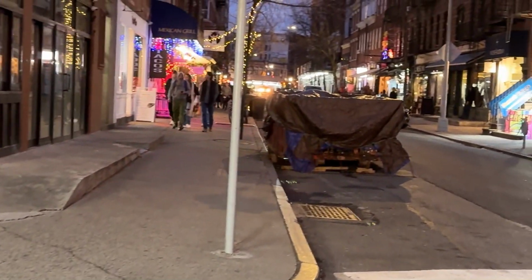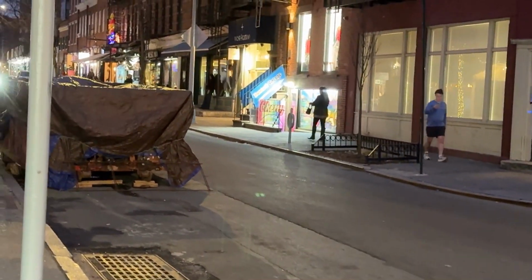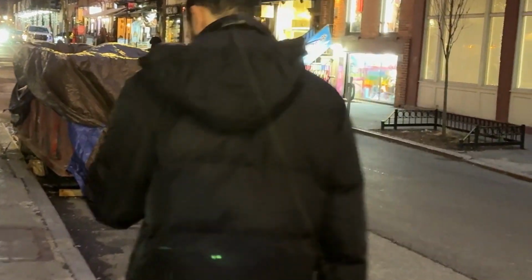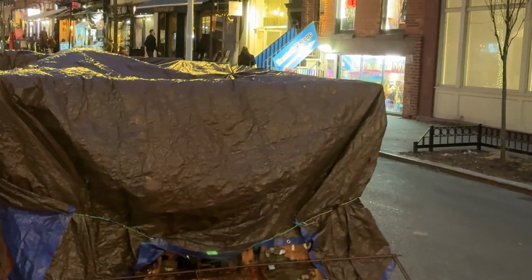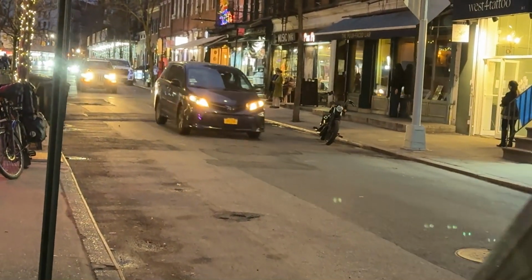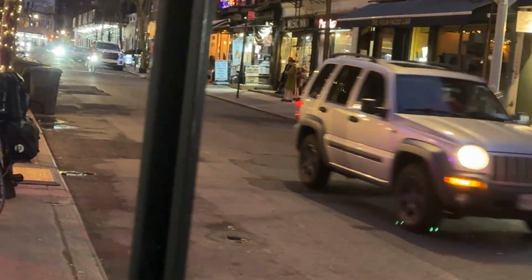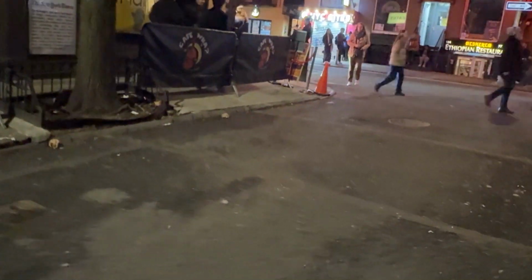Now, this part of the village over here, the West Village, the Subterranean Club used to be over here on my right, and I'm going to circle around and go back over towards McDougal Street, where Cafe Wha is in just a second here, but it's just a great historic part of the city here. And now I am going to be walking up Minetta Lane, and we can see the Cafe Wha over here